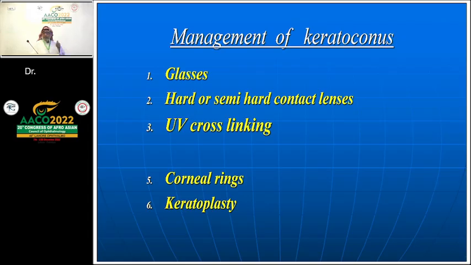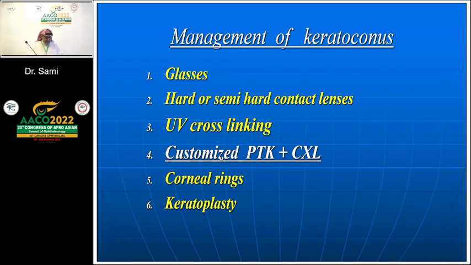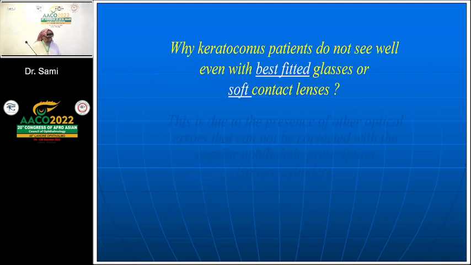Management of keratoconus, everybody knows: glasses, hard lenses, cross-linking, and then corneal ring and keratoplasty. Number 4 is customized PTK with or without cross-linking. And then